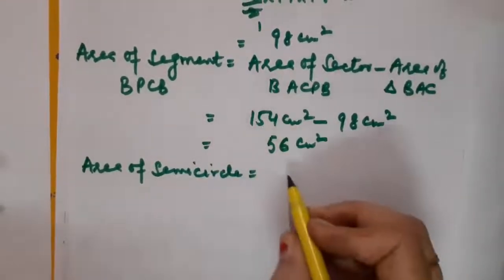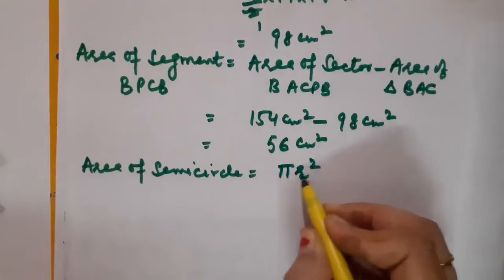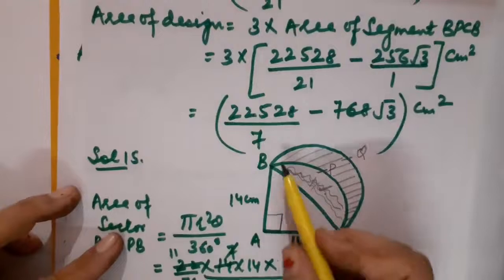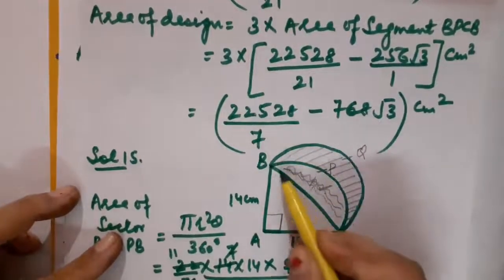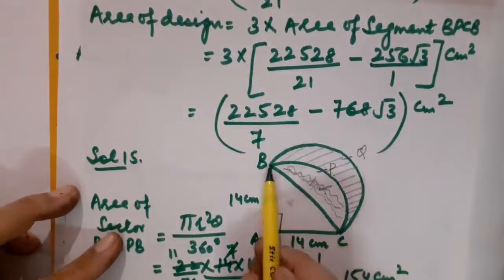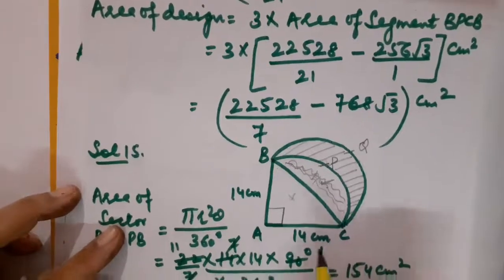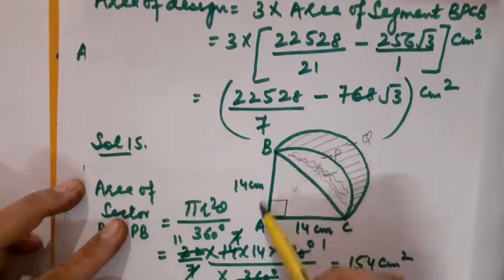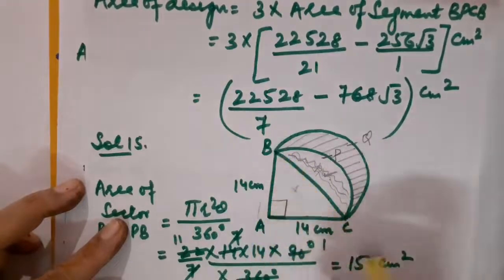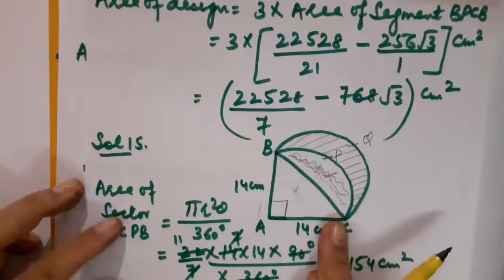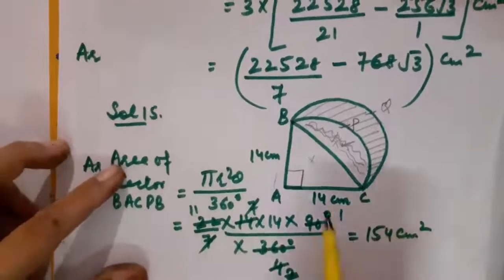The formula of area of semicircle is pi r square by 2. But just children, look at here. As BQCB, this is a semicircle and its diameter is BC. The length of the diameter we do not know. So applying Pythagoras theorem, we are supposed to calculate the length BC first of all. Okay. So what it would be?